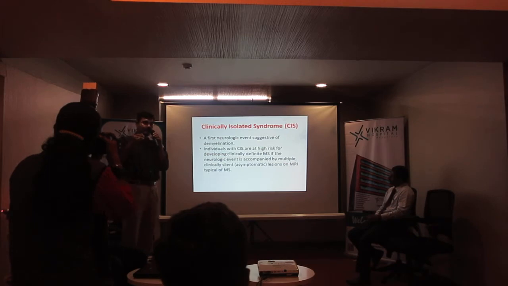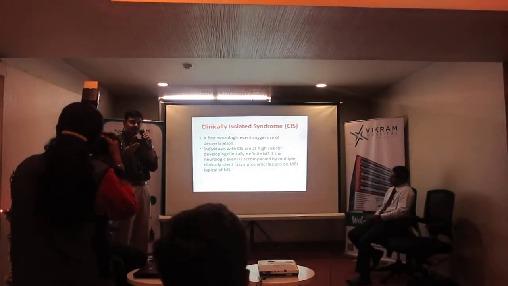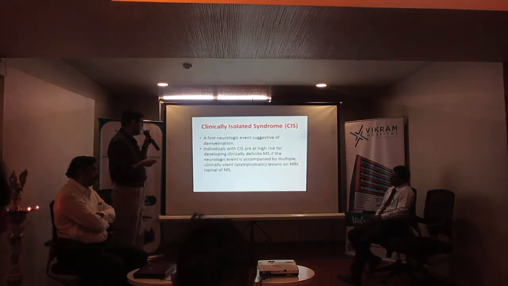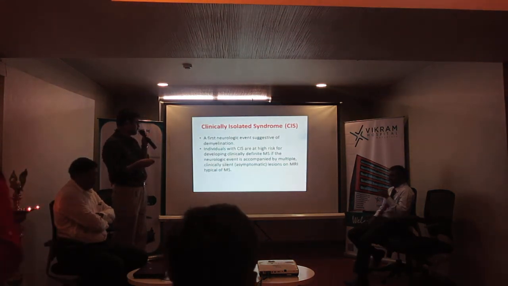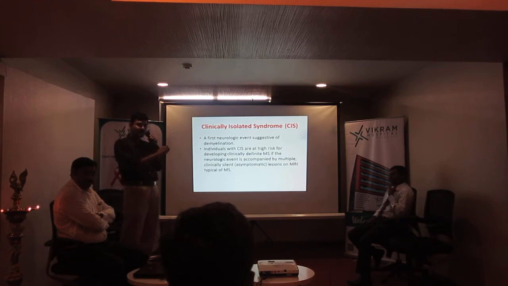So the clinical spectrum of MS is very wide, and there are different clinical types of MS. This is important because the treatment varies in each of them. The most isolated form of MS is called the clinically isolated syndrome. This is a single episode of MS-like symptoms based on the table that I showed you previously. Any of these symptoms occurring as a single isolated episode is called clinically isolated syndrome.